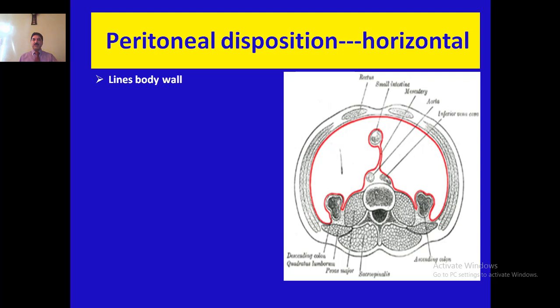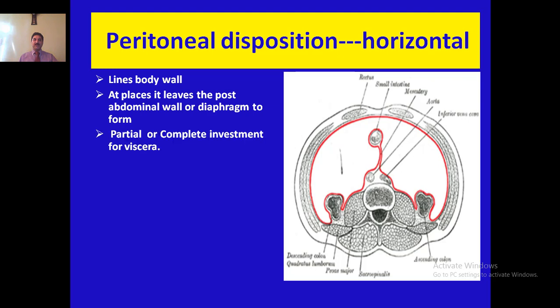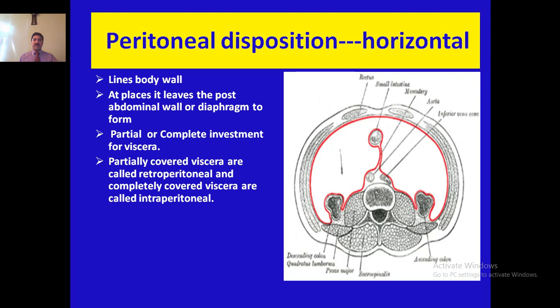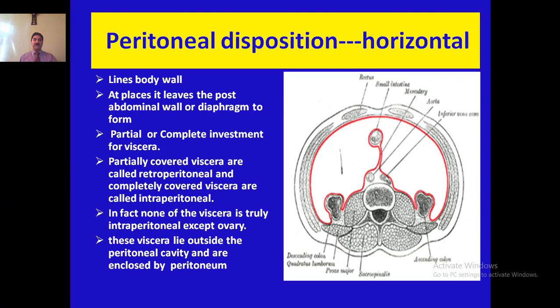Disposition of peritoneum in horizontal section. It lines the body wall. At places it leaves the posterior abdominal wall or diaphragm to form partial or complete investment for viscera. Partially covered viscera are called retroperitoneal and completely covered viscera are called intraperitoneal. In fact, none of the viscera is truly intraperitoneal except the ovary. These viscera lie outside the peritoneal cavity and are enclosed by peritoneum, so they are not truly